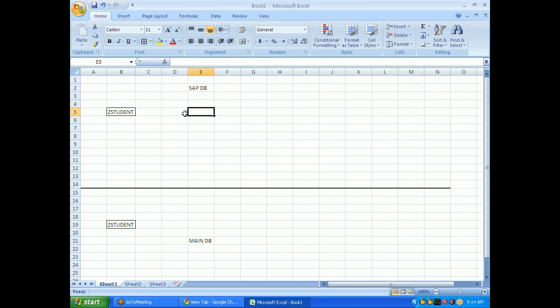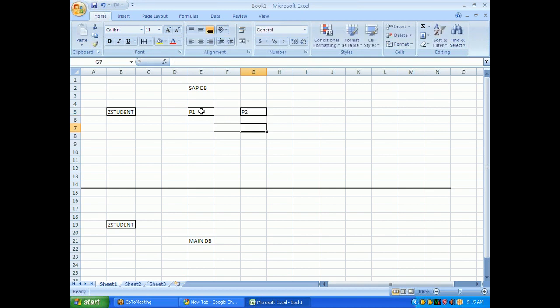Then the next one is a pool table. Pool tables are very small tables. Say for example, in SAP, I will create pool table 1, pool table 2, and pool table 3. Assume that I have three pool tables.